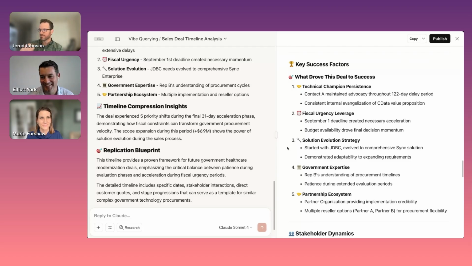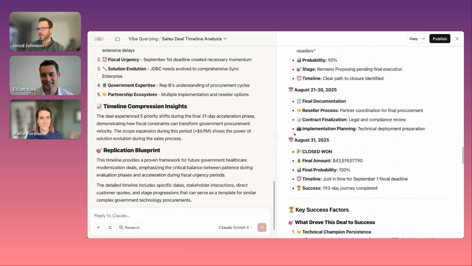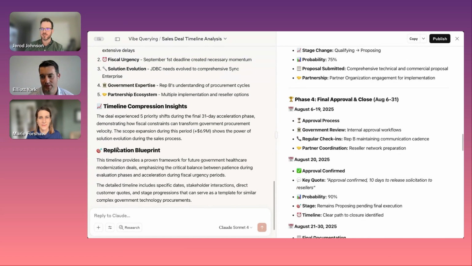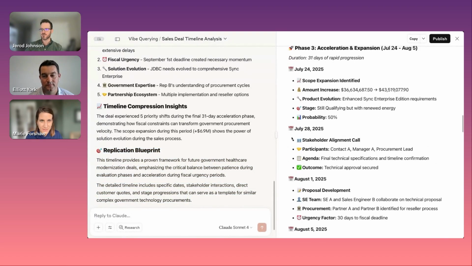I think we're close to wrapping, but the one thing I wanted to call out, because you mentioned repeating this process for multiple customers, is that one of the things I really like about what Claude does is that it gives you analysis on actions that you can take. In identifying that this was a JDBC to Sync deal, is this a pattern that we can follow? Can we go into other healthcare systems that are using our JDBC drivers and give them a better experience by shifting them from a JDBC driver to CData Sync to perform the same task?